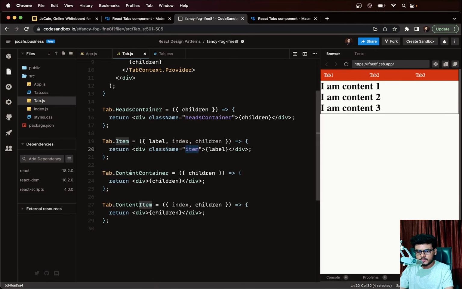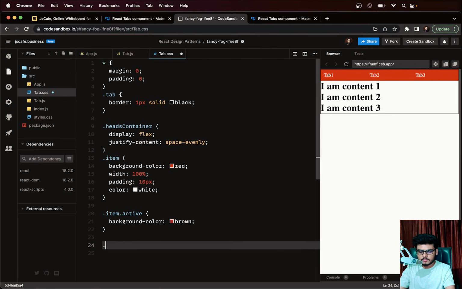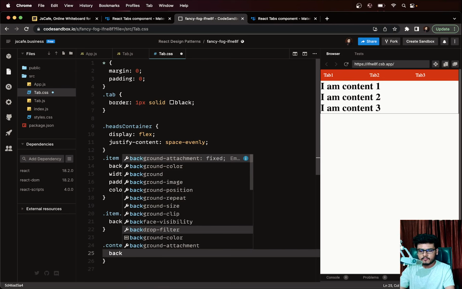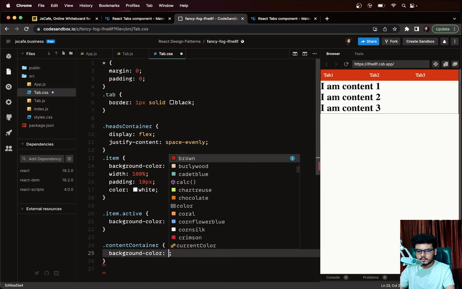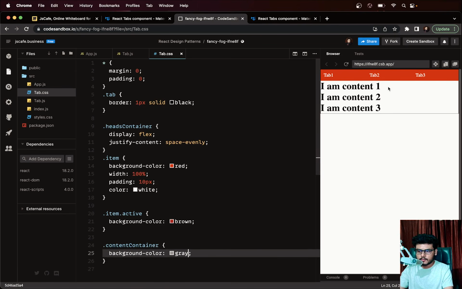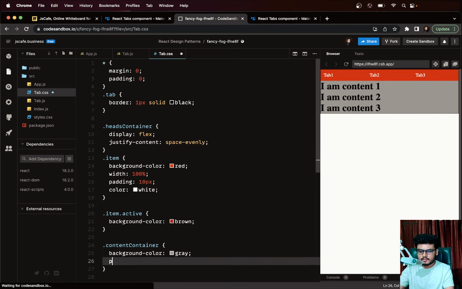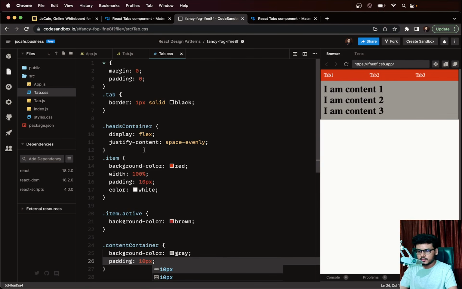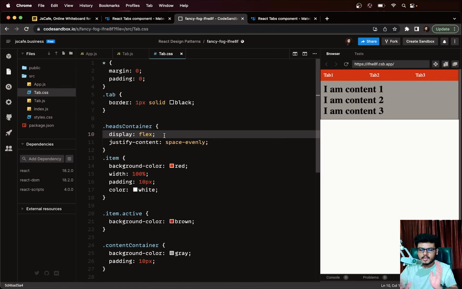And coming back to the content container, right? So name container with a C, and for the specifics, I want the background color to be grayish. Okay, and let's add some padding of 10 pixels to make it good. Okay, this looks good. So we are done with the basic UI styling,